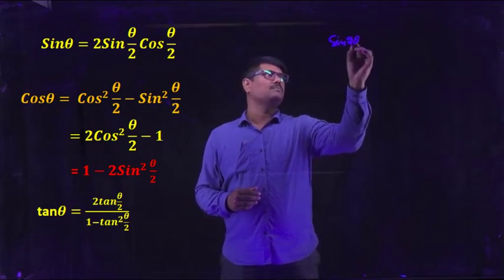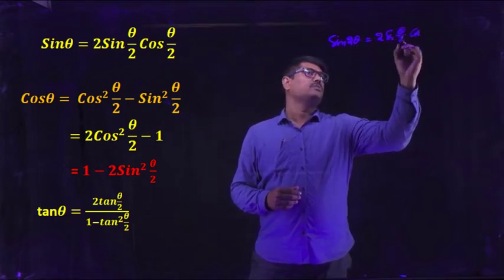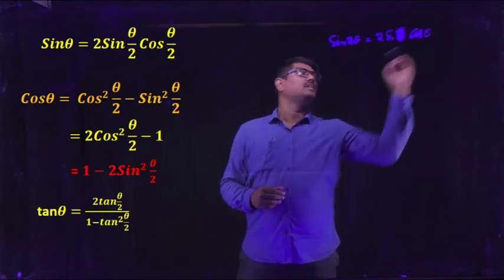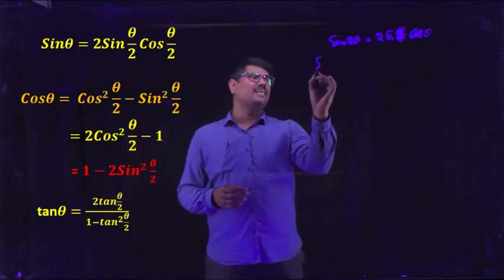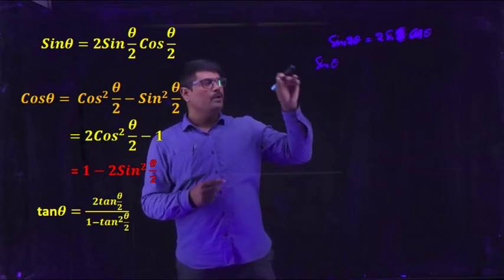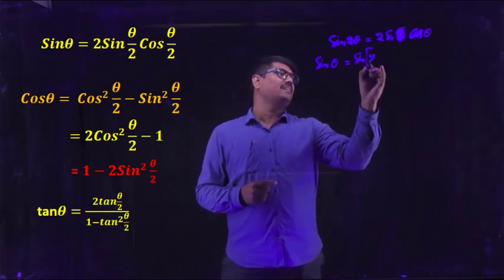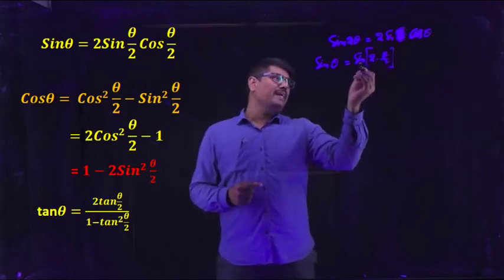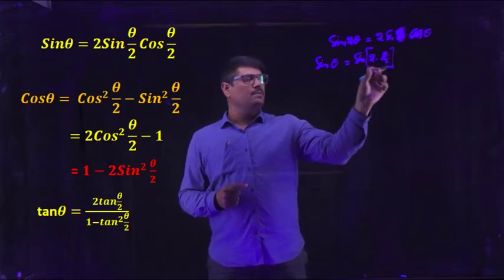So actually we practiced the formula of sine 2 theta. We obtained this one. Sine 2 theta is, sorry, 2 sine theta cos theta. So if you want to get the formula for sine theta, we need to get it in the same format. So you just change that theta like this, 2 into theta by 2, which again you can read as sine 2 theta. So treating theta by 2 as theta, it is again similar to sine 2 theta.